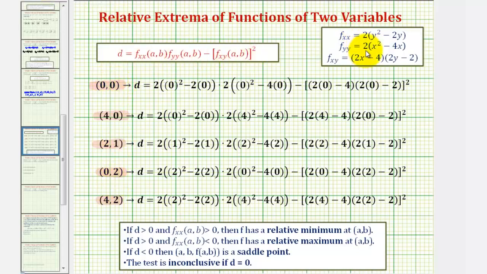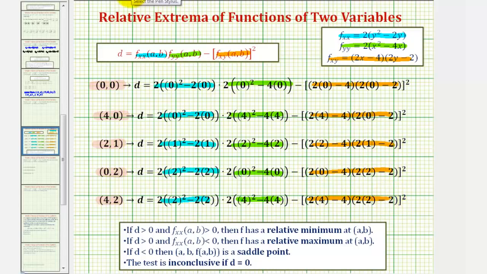So for the second order partial with respect to x, at these critical points, this represents the value of each. And then for the second order partial with respect to y, these would be the values. And then for the mixed partial squared, using this mixed partial derivative, these would be the values. Again, you may want to pause just to verify that I set this up correctly, but let's go ahead and